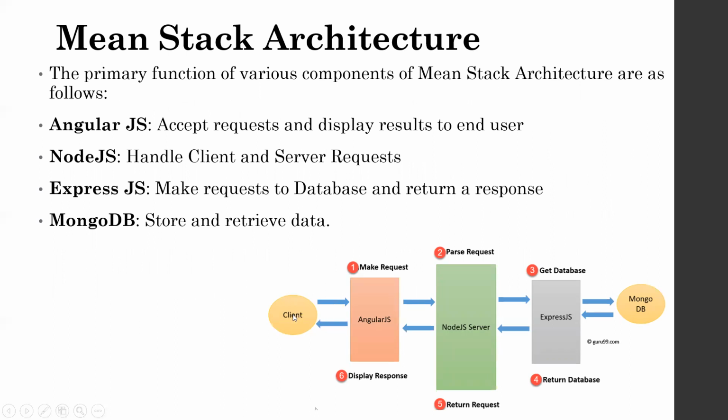Suppose the client wants to log in through the browser. First, the browser displays the page with the help of Angular. So that request is accepted by Angular. Then Angular passes that particular request,